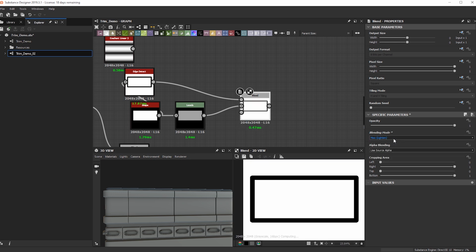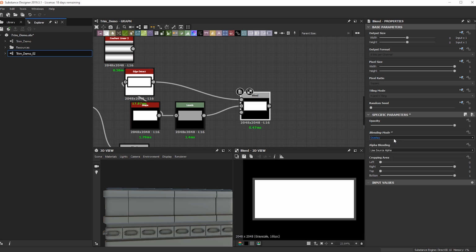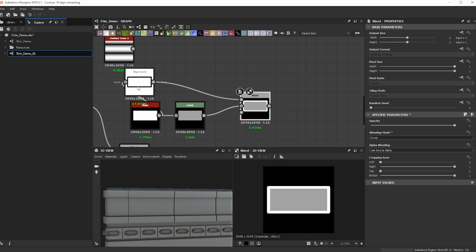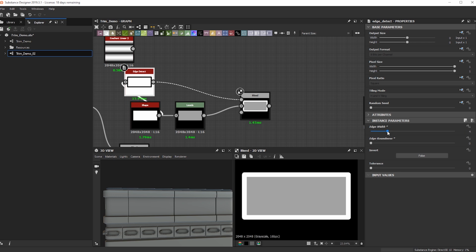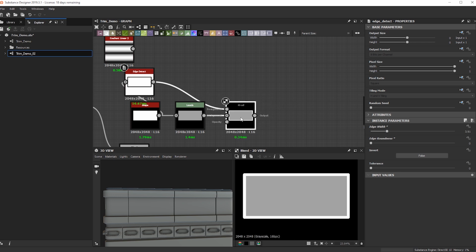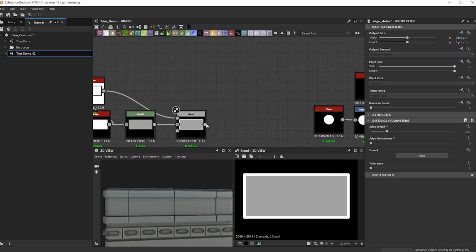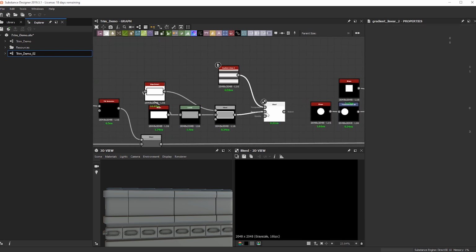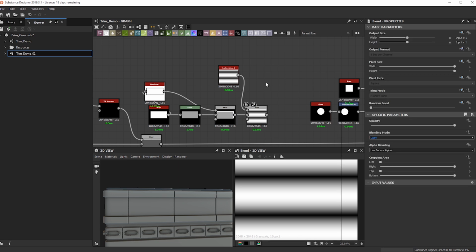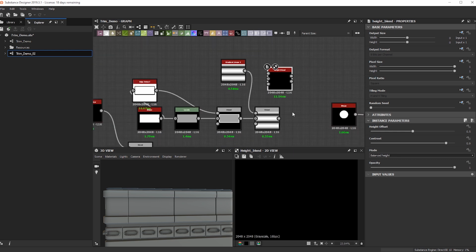Let's go through different blends here. Like that's exactly what we're looking for. Let's actually bring down the roundness and maybe bring down the width as well. Cool. So now from here, I can actually take these tube-looking shapes, and I'm going to use a height blend. That way, it goes in between the white and the gray valley here. So let's just see what we get.